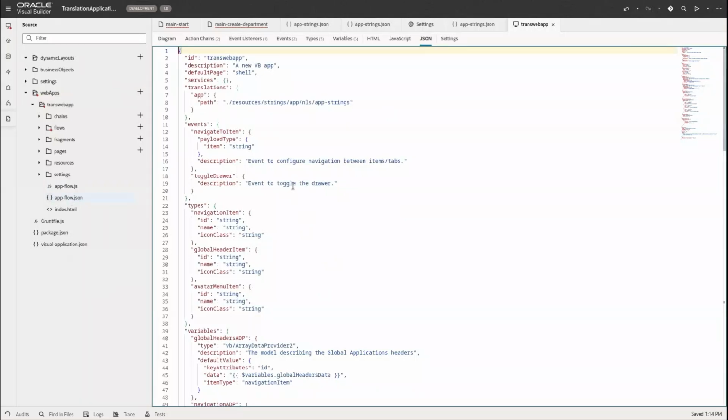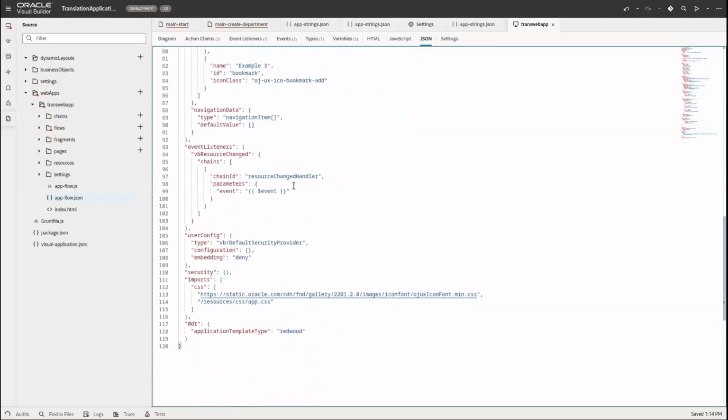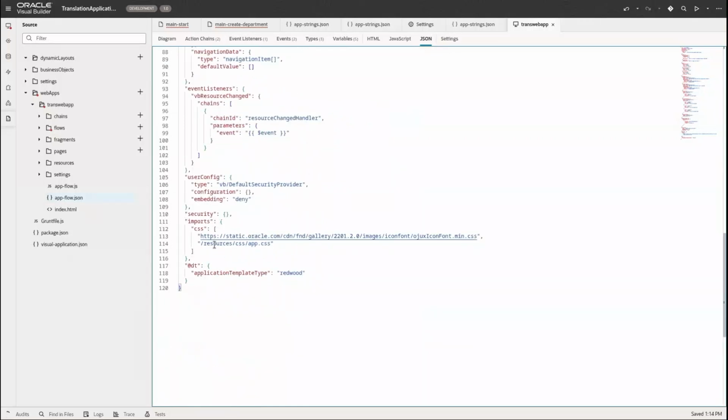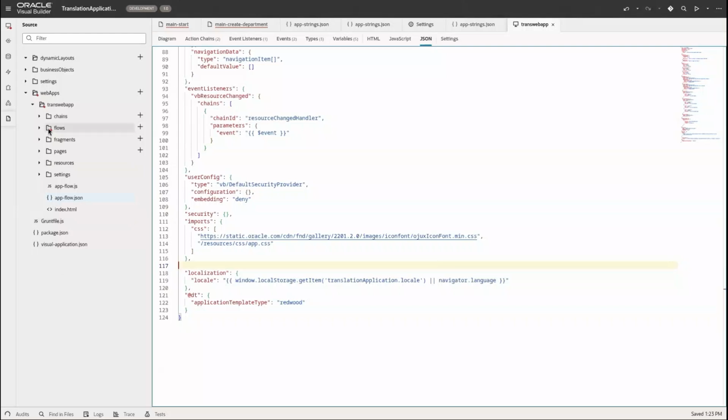All right, so what we're going to do is go all the way down to the bottom. We're going to find security here and see where security ends. We are going to paste in this, and this comes from the lab. So we're going to turn on localization, and I'm not exactly sure what that does, but the lab told me to do it. So hey, there it is, it's done. All right, so also in the Sources tab, we are going to